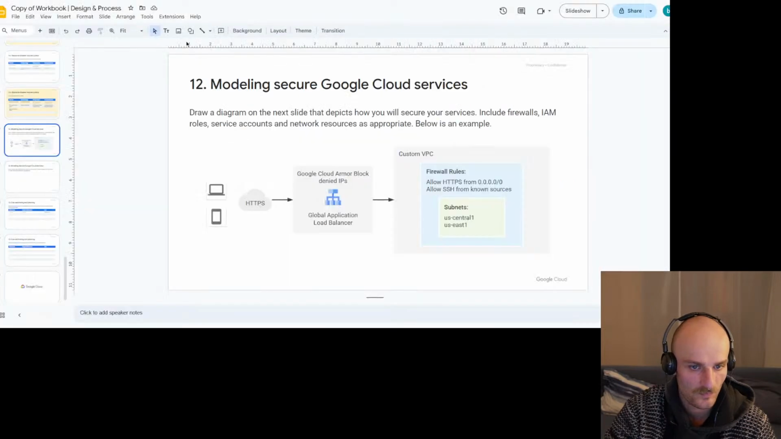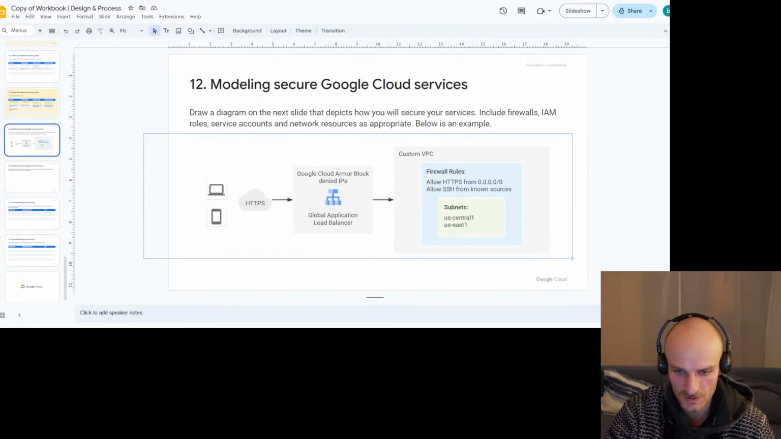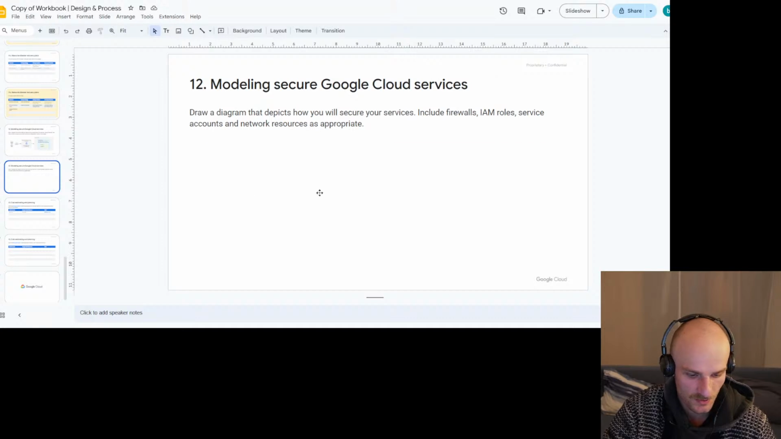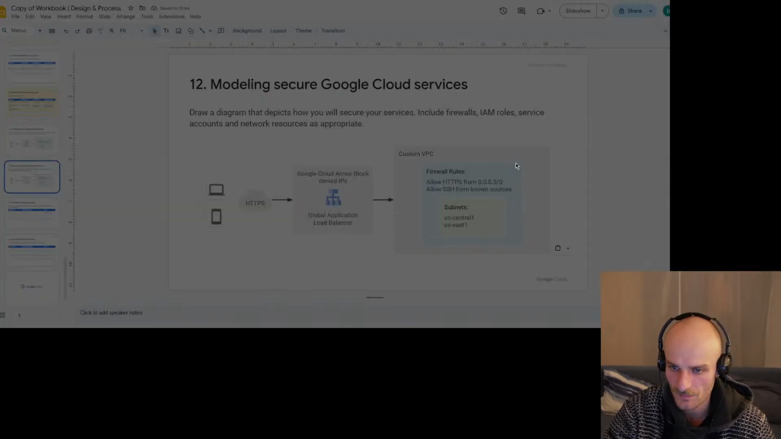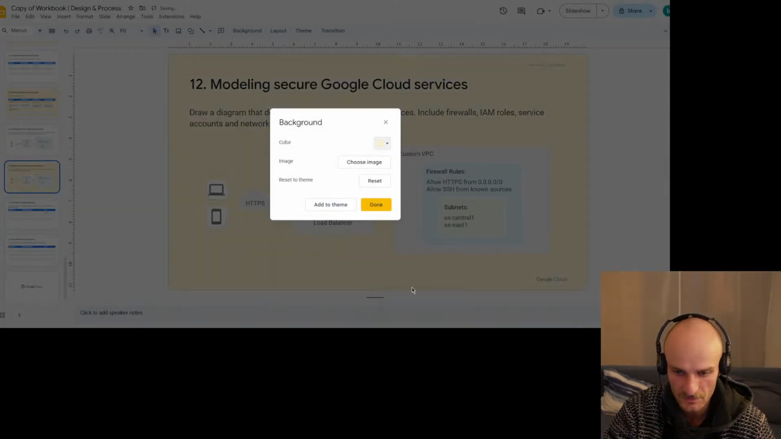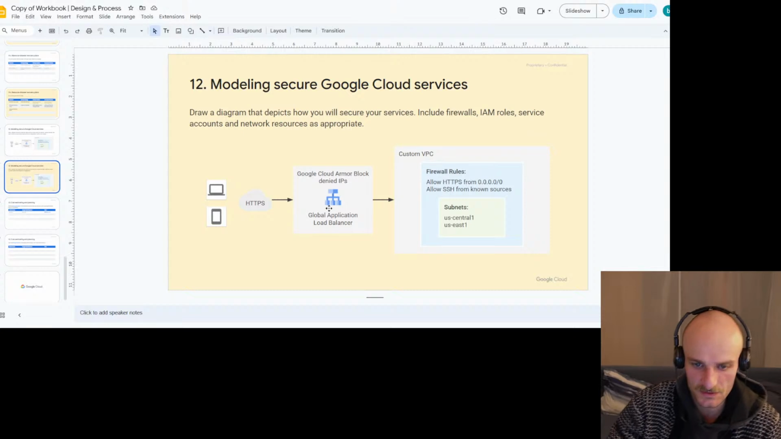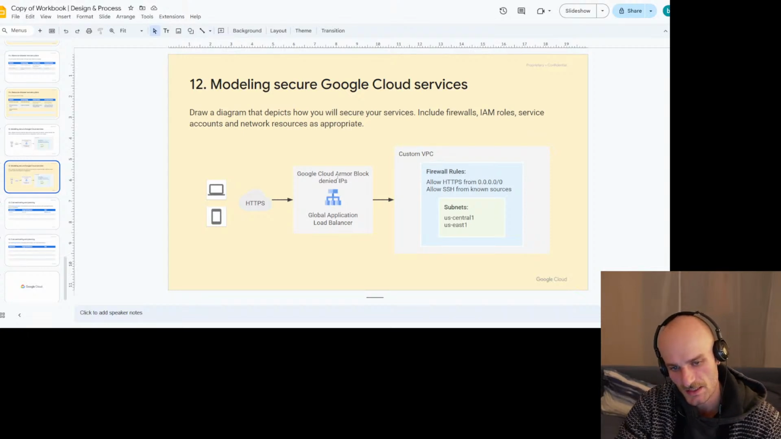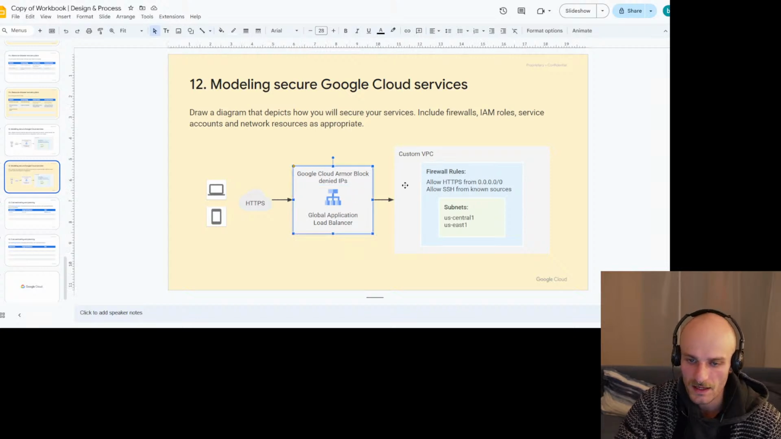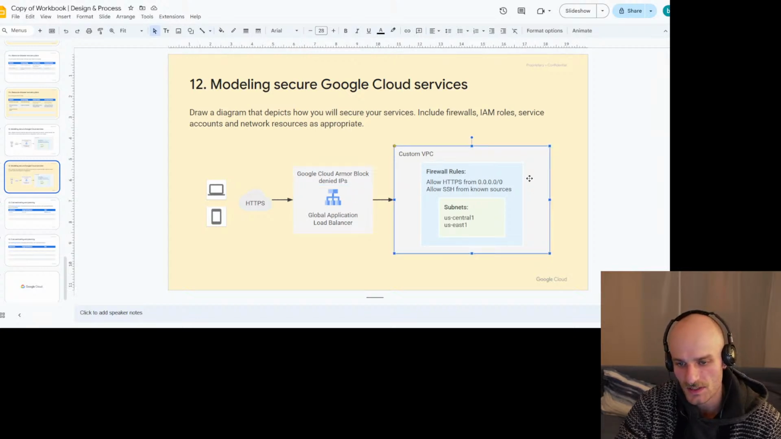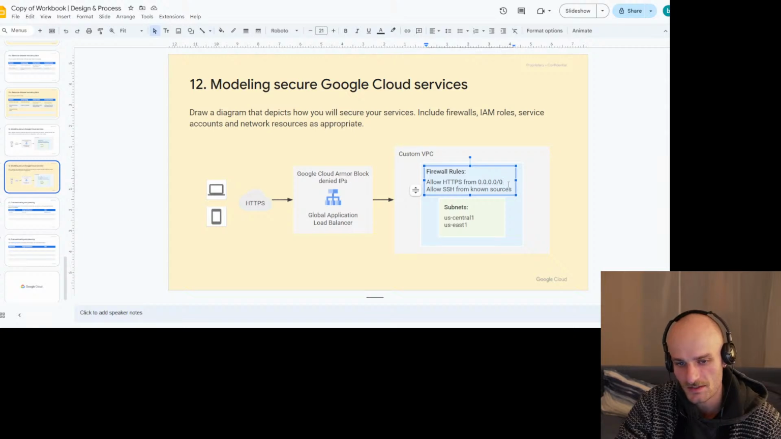Okay, so, I will not do anything special. We'll just copy it, and let's go through it again because I think it's pretty standard. So an HTTP request will arrive at the global application load balancer, where we're going to associate a Cloud Armor block denied IPs, and then a custom VPC will contain firewall rules which will allow only HTTPS calls from